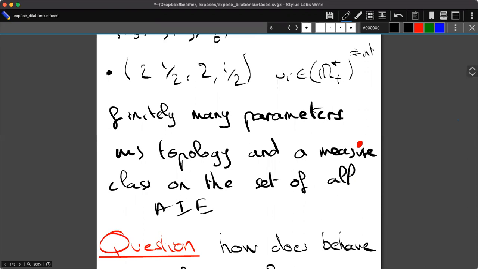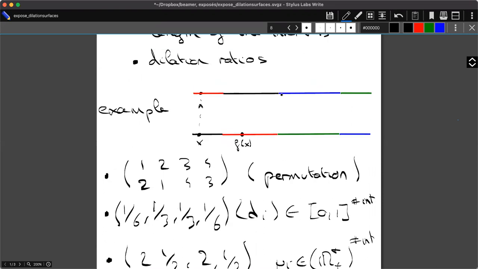So you see me coming: whenever you have such a structure on a set of dynamical systems, you want to understand what are the typical and generic properties of those dynamical systems. So maybe just before that, I will ask the question that interests me. I would like just to be sure that you've understood my definitions of interval exchanges and what that kind of spectrum means. Is it clear?